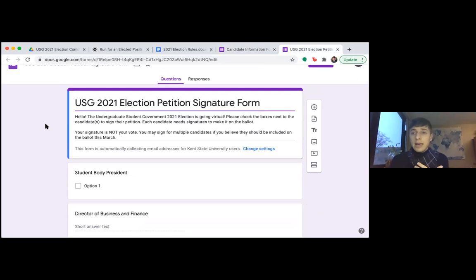If you want something added, if you want to say something that you didn't say in your platform, again, tell us. We'll go ahead and include it. However, this is not your campaign. So we do want it to be mostly experience-based. Why should you sign my petition? Not necessarily what you're going to do. So I actually shouldn't say platform. We don't want it to be, I'm going to do X, Y, Z for you, sign my petition.